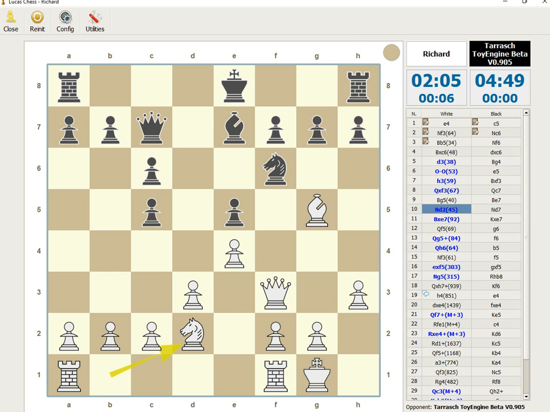Now here the engine plays a slightly surprising move, but well, there we are. Knight to d7 puts the knight in reverse, giving me the opportunity to swap off bishops, with the idea that the king now recaptures, the black king, and the black king can't castle. And this is sort of a central point in this particular opening in my practice against the Tarrasch ToyEngine, and it's the key fact that this black king now isn't safe, can't castle,